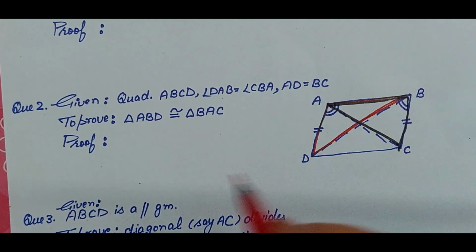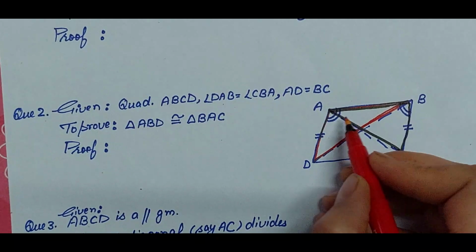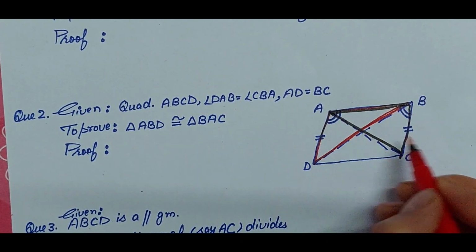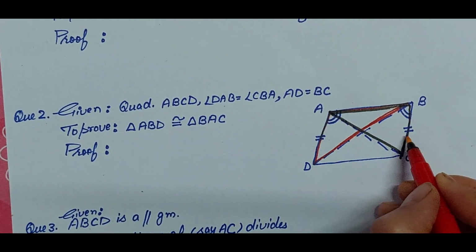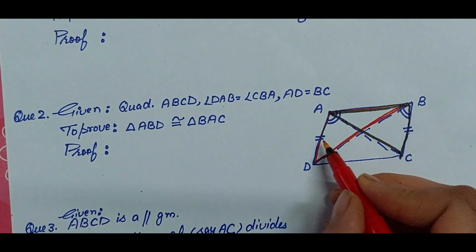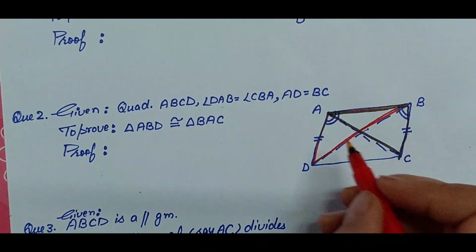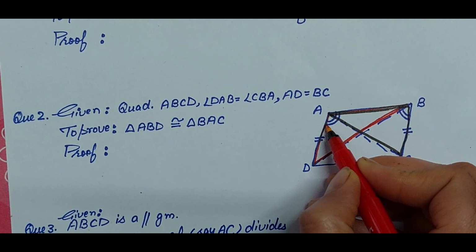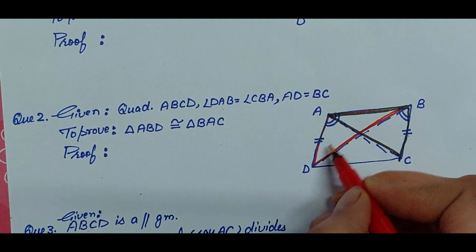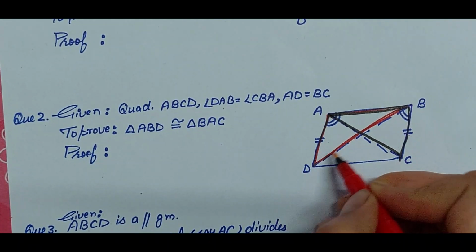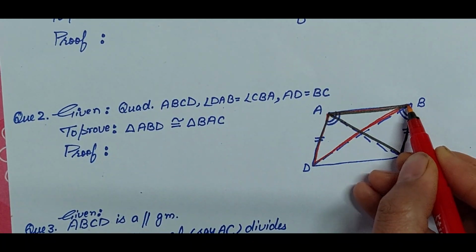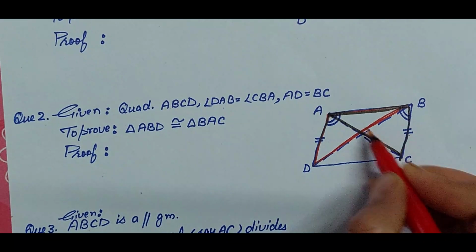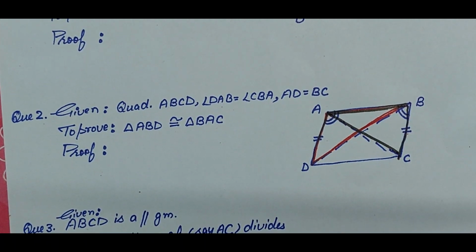Okay, so do we have any equality given? Yes, in these two triangles, this black one and this purple one, this side of red is equal to this side of black. So we have one equality. Moreover, we have this angle A. Whom does this angle A belong to? This angle A belongs to this red triangle, no? This full red triangle. So this angle A is equal to angle B of this black triangle. So we have two equalities.